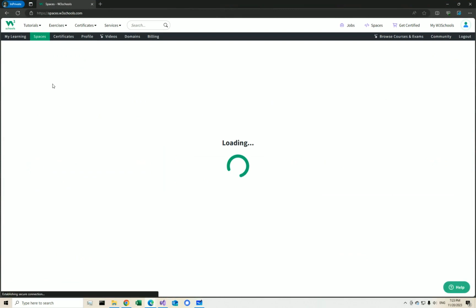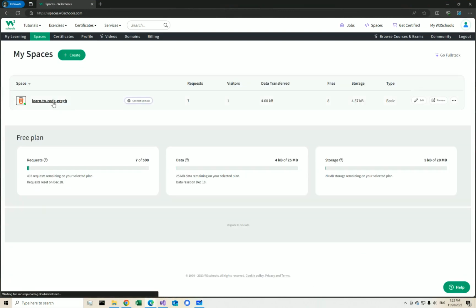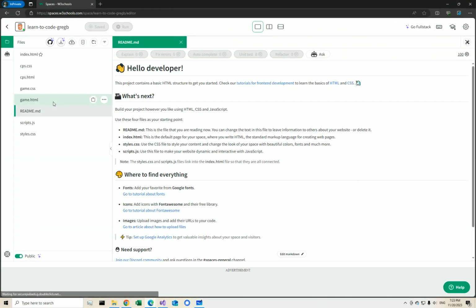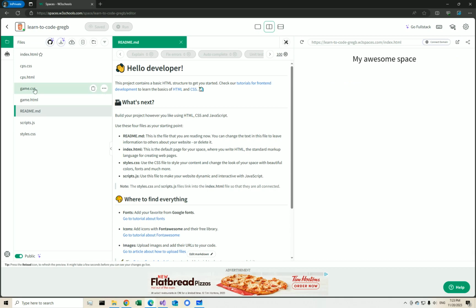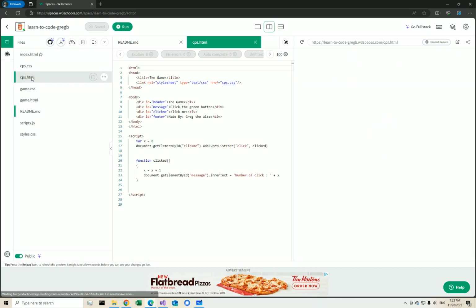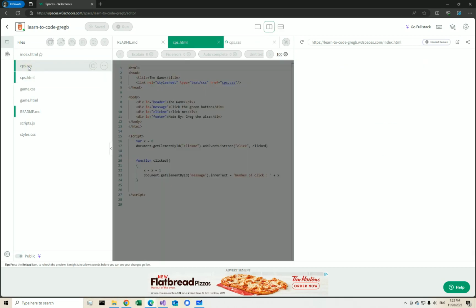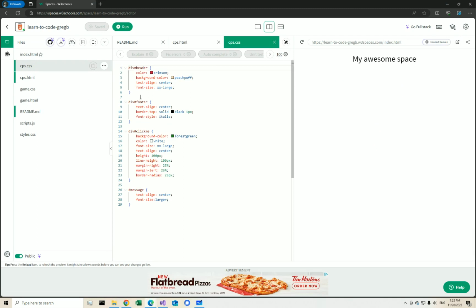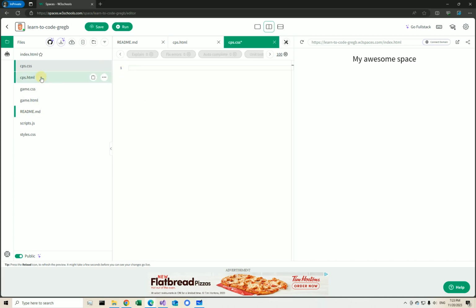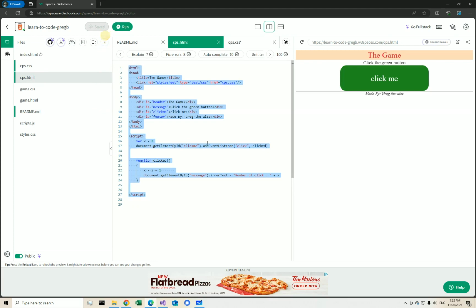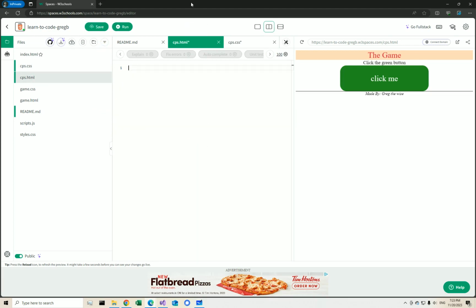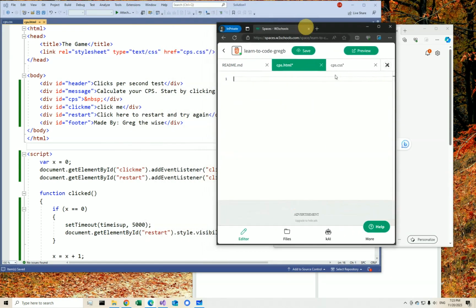I go to Spaces, go to my space, and again, we have this CPS HTML and CPS CSS, and we want to replace everything that's here with what we have. So I will delete everything, make sure it's all empty, and then